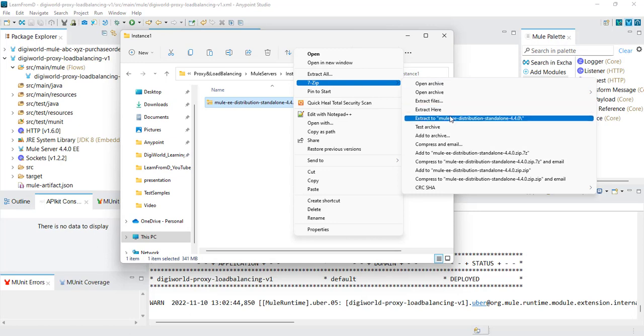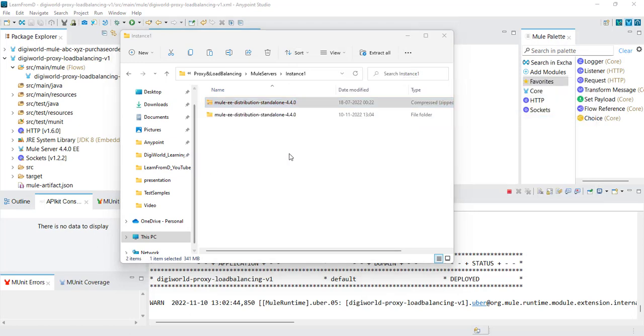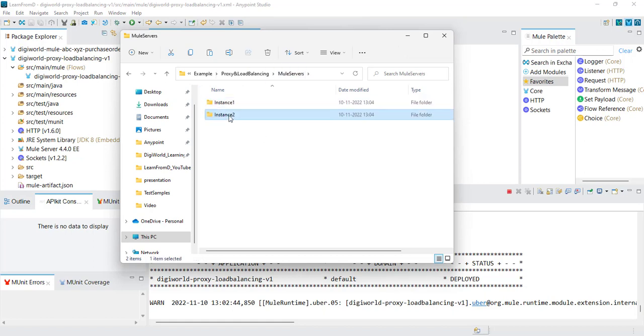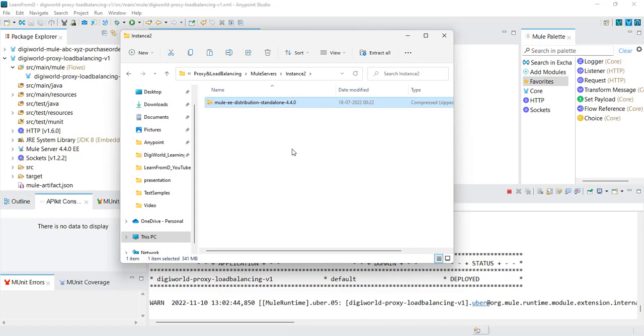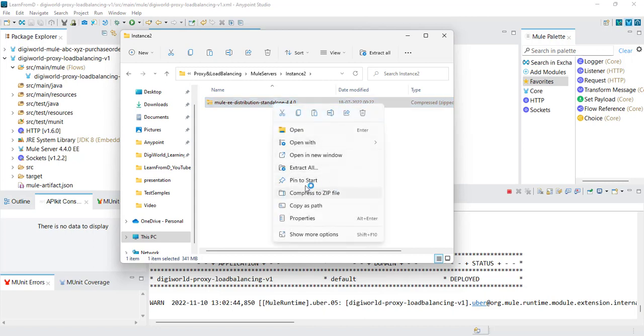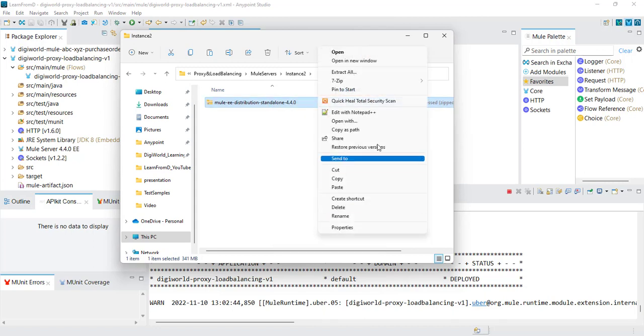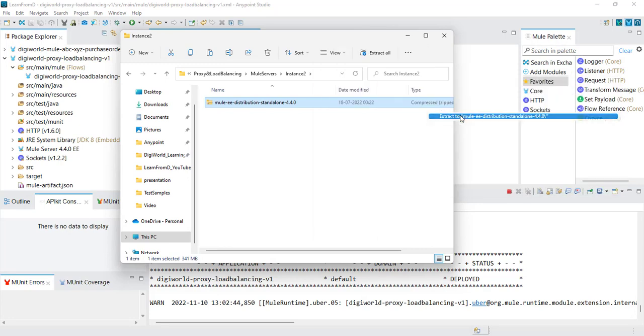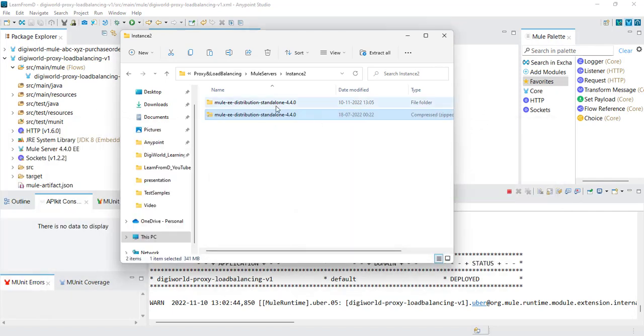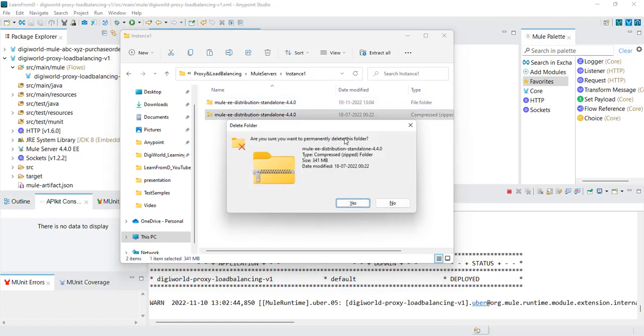So I'll just extract it. So once it is extracted, this one will come. Now similarly, I'll do the same thing here for instance2. And if you see, both the servers we are trying to configure in the same computer, right? So once this is done, so this time we have this one. So what I will do is I'll remove this one. Zip file no more required. This one also I'll remove,